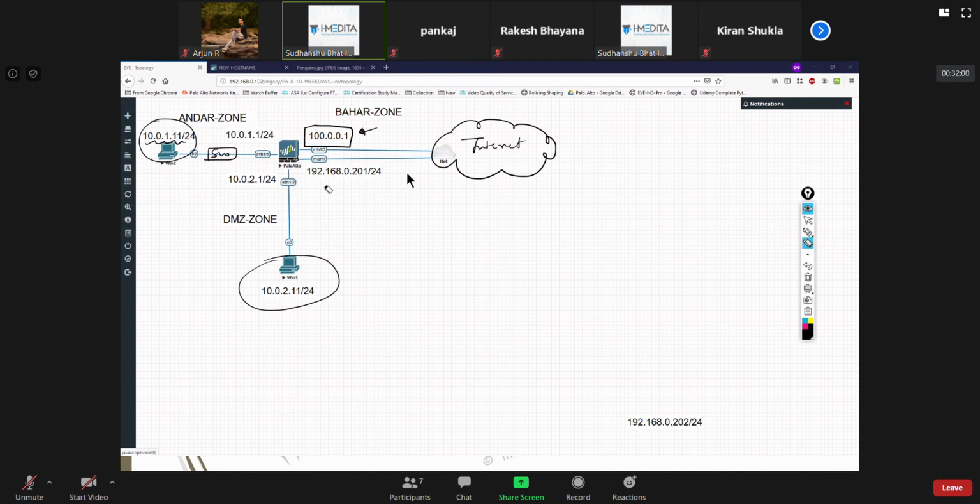Now suppose these people are going out. This you might have learned even in CCNA: when Win2 is going out on the internet, suppose it's going to 1.1.1.1, and suppose Win3 is going to 8.8.8.8.